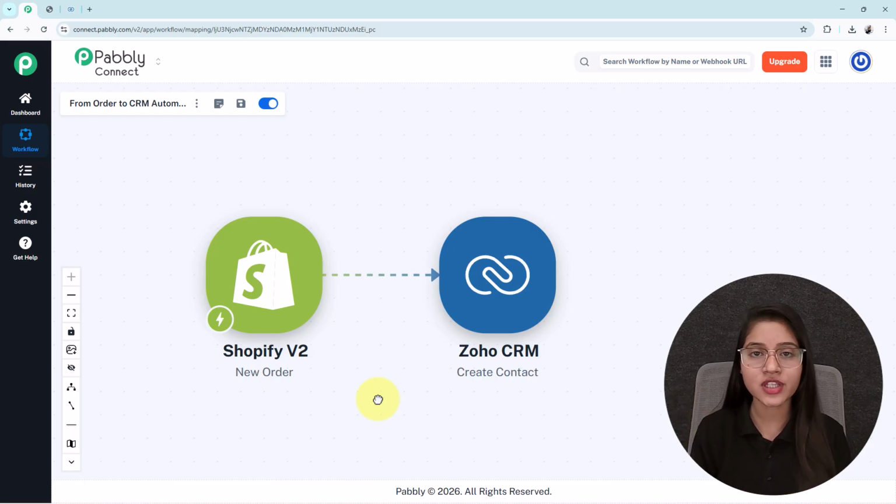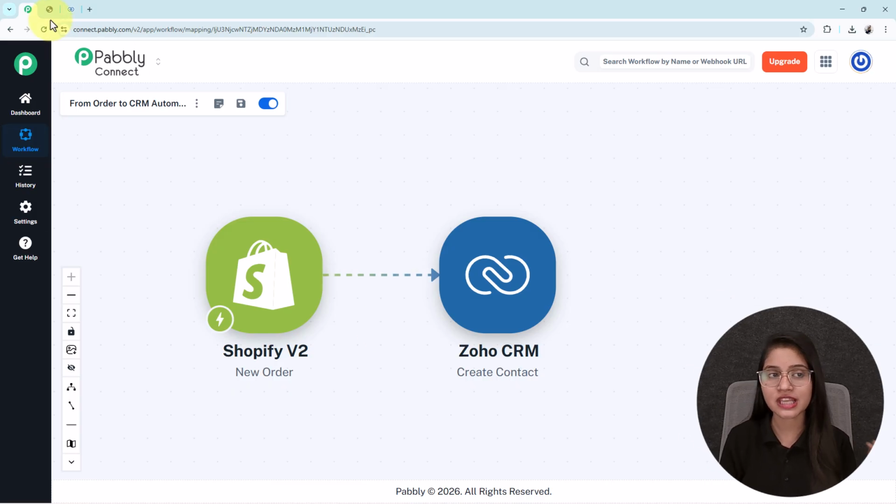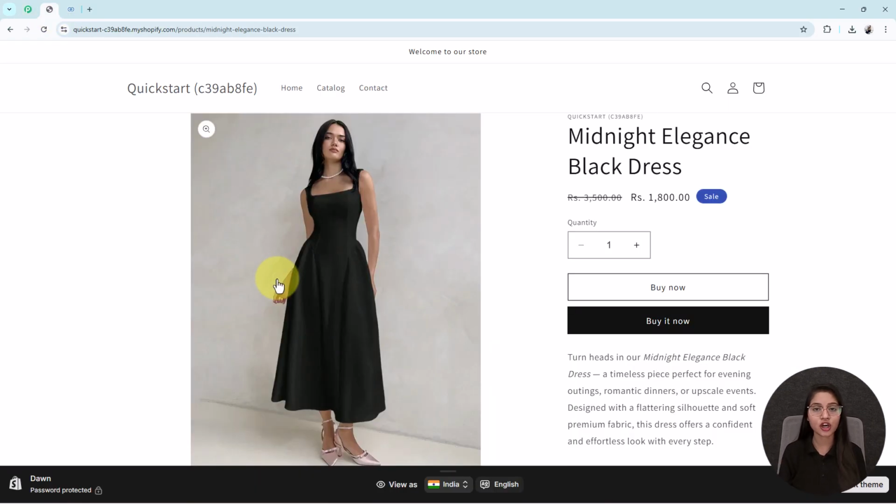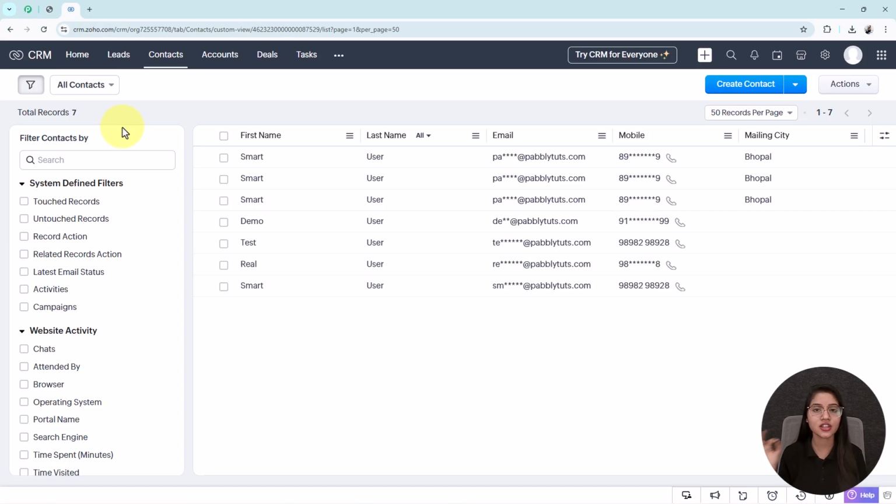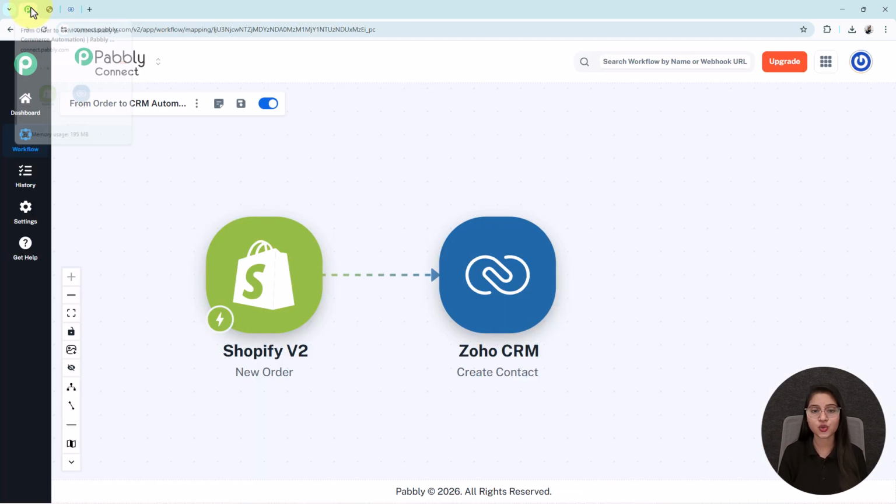CRM. With the help of this integration, whenever someone purchases something from your Shopify store, then automatically, based on the user's details, a new contact is created in your Zoho CRM without you touching your phone. Yes, and it is only made possible using an automation tool named Pabbly Connect. But before we dive into the step-by-step tutorial of how I have created this amazing integration, let me give you